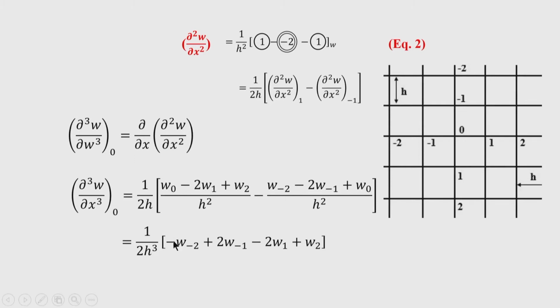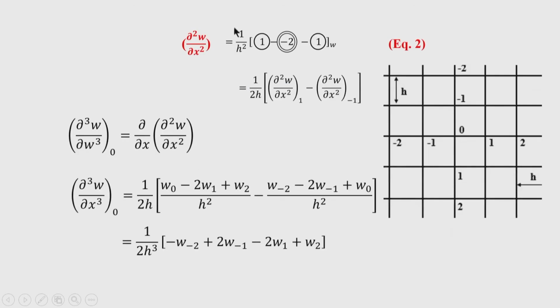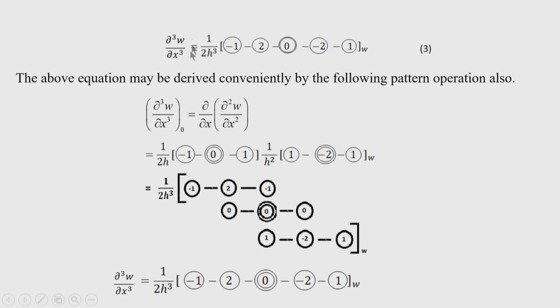Now, one thing you can note here, it is very interesting to note that the odd derivatives are antisymmetric. If I consider this is the line of symmetry, on the positive side you are getting minus 2 and 1 as coefficients, on the negative side you are getting 2 and minus 1. So, this is completely antisymmetric. So, our calculations are correct.